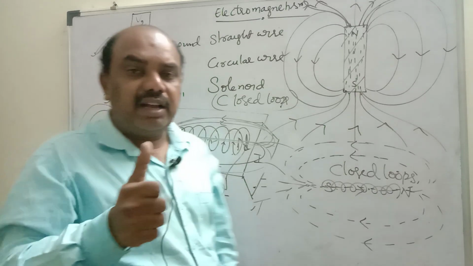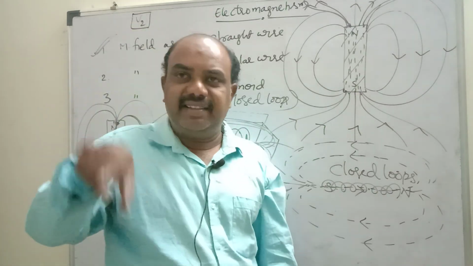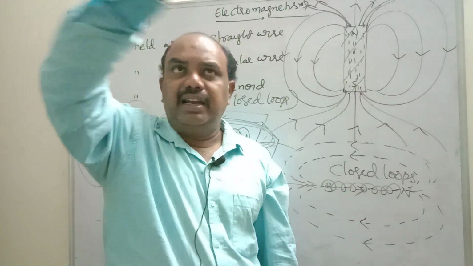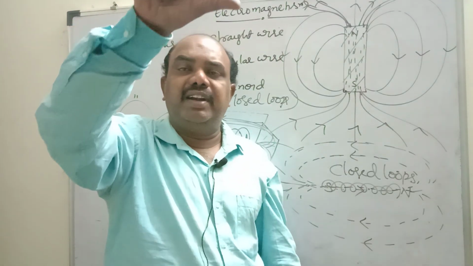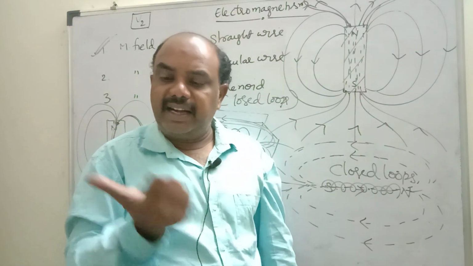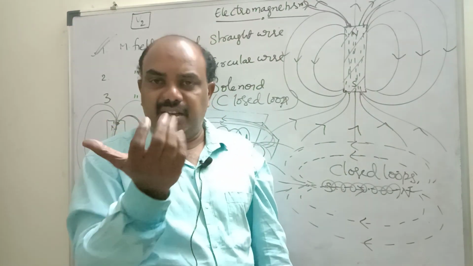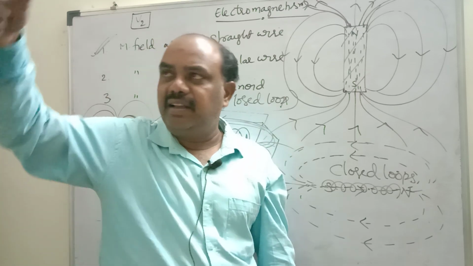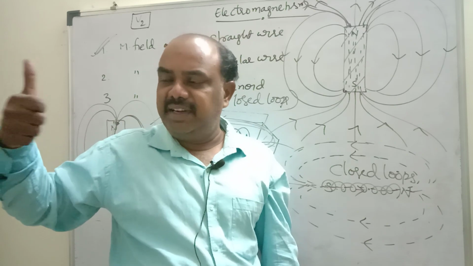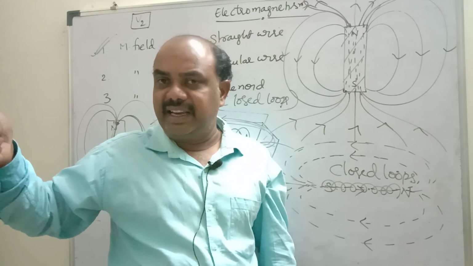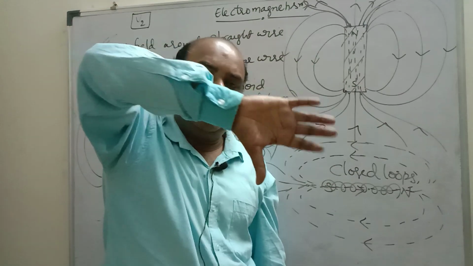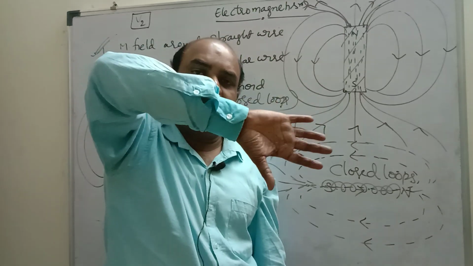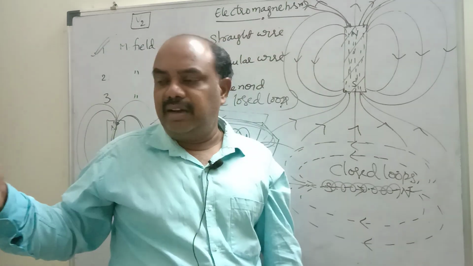Circular wire. Let us consider this is a circular wire. If the current is in this direction, in the thumb direction, the magnetic field is away from my face. In the lower part, the current is in the thumb direction, and the magnetic field is towards our face. Here on the right side, the current is in the thumb direction, and the magnetic field will be in the curled fingers direction. Here also, the right side, here the left side.